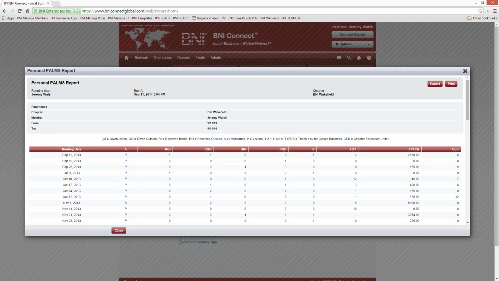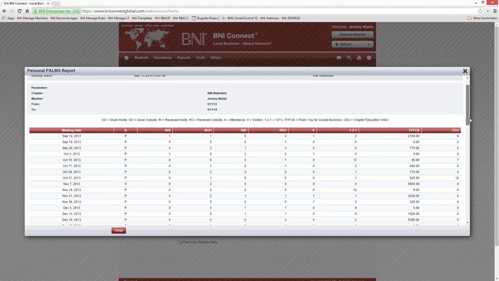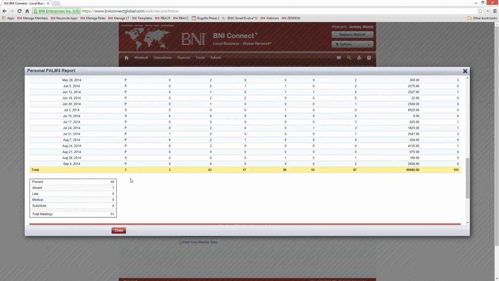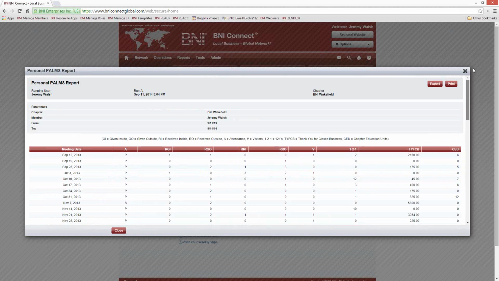Referrals received both inside and outside. Visitors, one-to-ones, thank you for closed business, and CEUs. And I can see week by week by week what happened in my membership. It gives me some totals down here at the bottom. Now, what this report is really useful for is if you're ever looking at your statistics, let's say I'm back